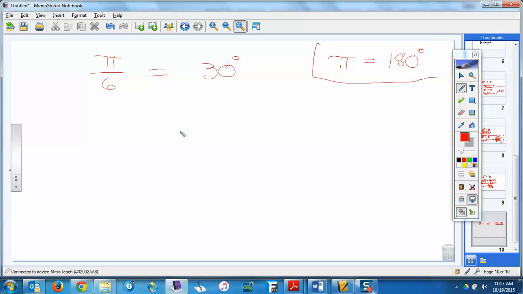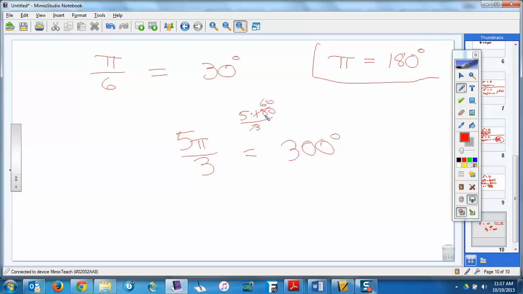So if I want to do 5 pi thirds and convert that into degrees, I would probably do 180 divided by 3, which is 60, and then times the 5, which is 300 degrees. Or do 5 times 180 and then divide by 3. But if you're trying to do it without a calculator, it'd probably be easier to do 5 times 180 over 3. You can just do 180 goes into there 60, and then 5 times 60.